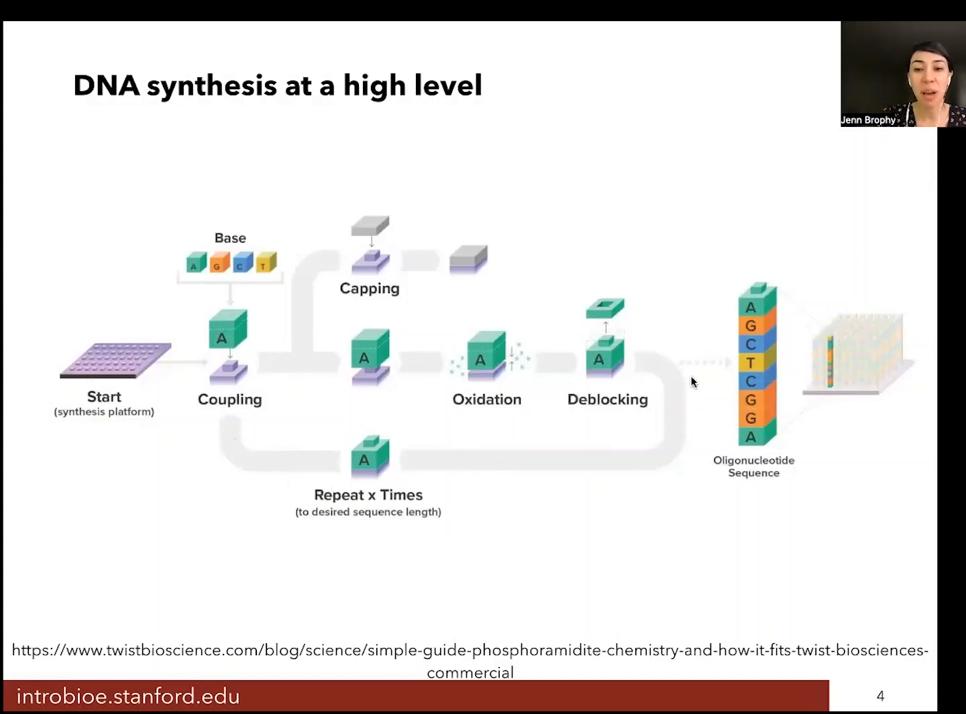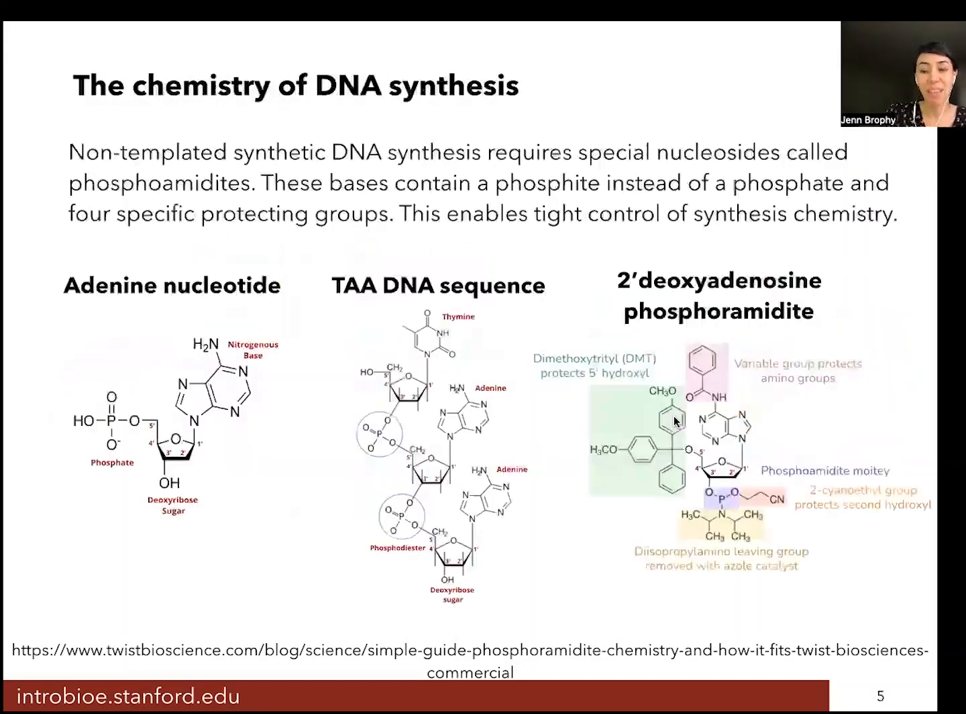And you'll go around this cycle several times, right? You'll unblock that new base, you'll attach the new base via oxidation, you'll unblock it, and then you'll be able to add in a third base. And in time, you can build up a sequence of DNA that looks like this. Now, the chemistry of DNA synthesis is actually quite special. Non-templated DNA synthesis, so this is the synthesis of completely new DNA sequences,